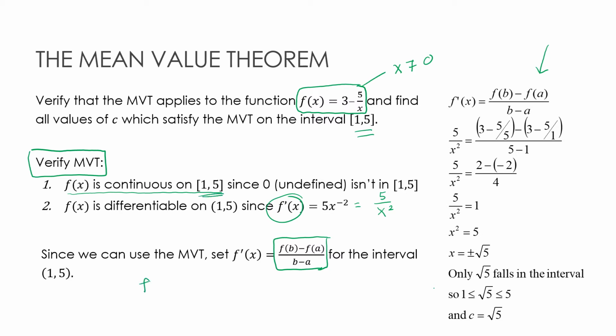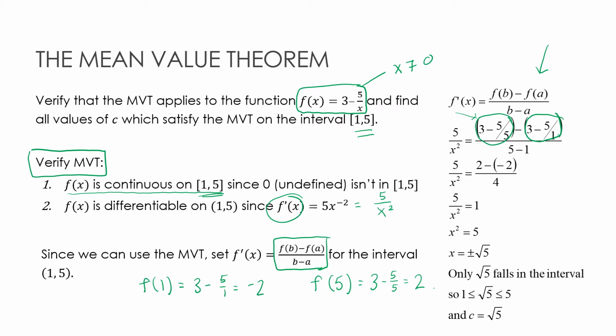So really I plugged f of 1 into my original function, which would be 3 minus 5 over 1, and that's what I have here. 3 minus 5 over 1 would be negative 2, and then I plugged in 5, which was the other endpoint, and that would be 3 minus 5 over 5, which is 3 minus 1, which is 2. So that was this guy. All I did here was find the y values,